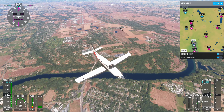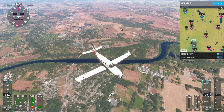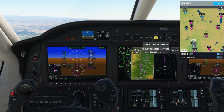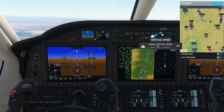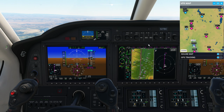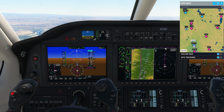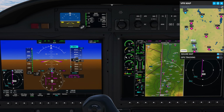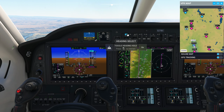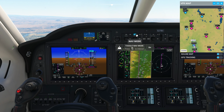There's the Sacramento River right under us. And are we holding our altitude? Let's see, 4,500 says 39. So we can be at 35. So let's move this back to 35. 35 vertical speed. We'll go down 400 feet a minute. And we got the autopilot on. Going down at 350 feet a minute, 400 feet a minute. That's good enough. And I don't know why the nav. This happened before. I don't know what's going on in that. Why it doesn't